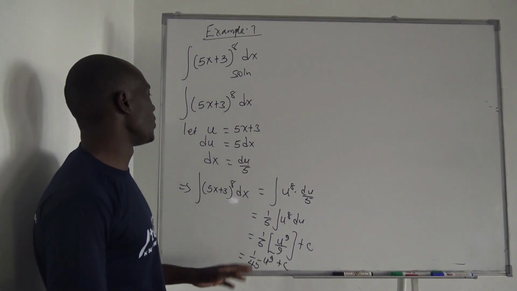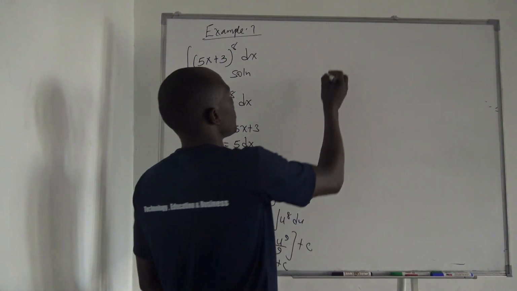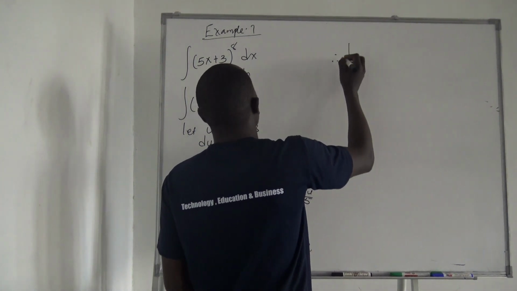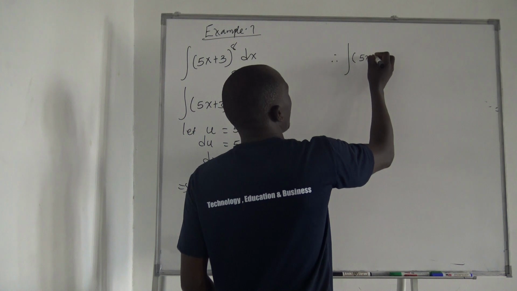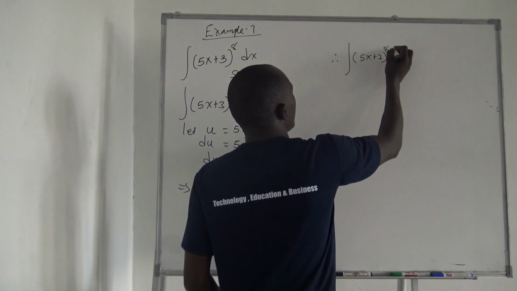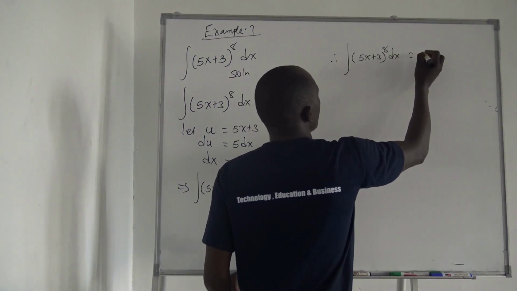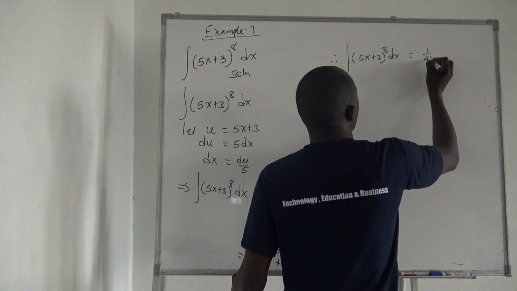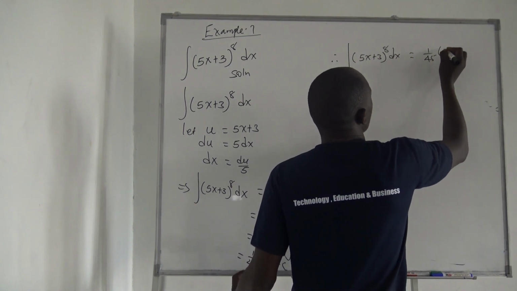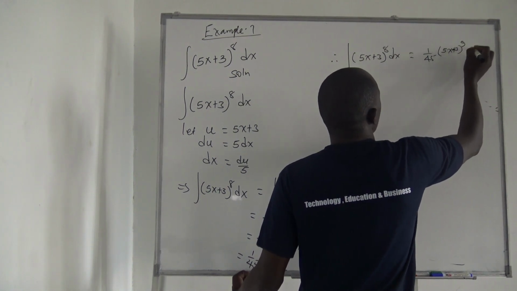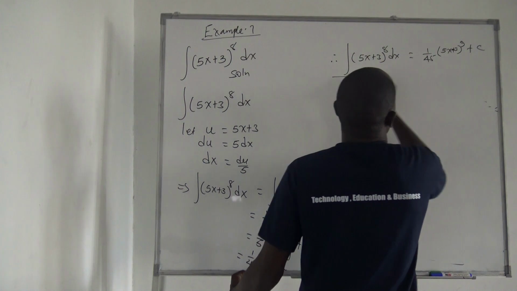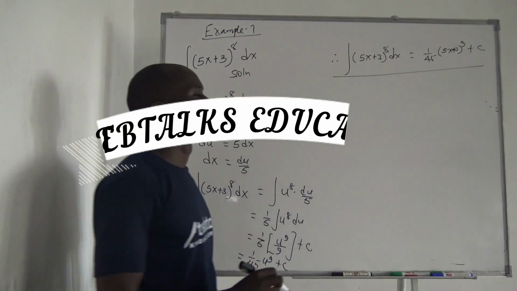So do you remember our u? Check our u from up. We said therefore when you integrate (5x plus 3) power 8 dx, we are getting 1 out of 45 into (5x plus 3) power 9 plus a constant of integration. That's how